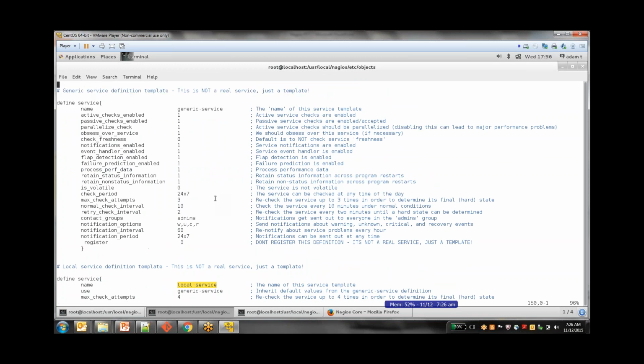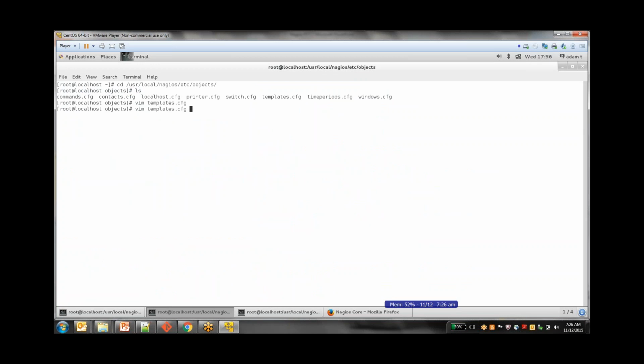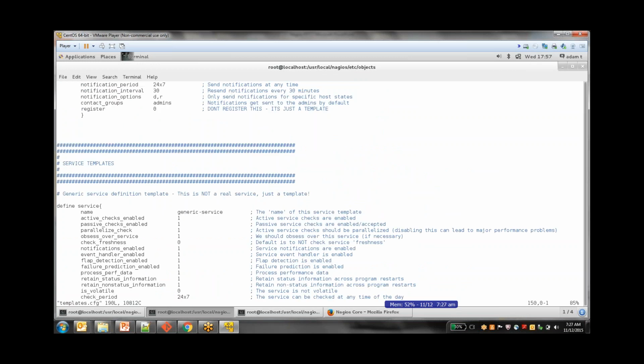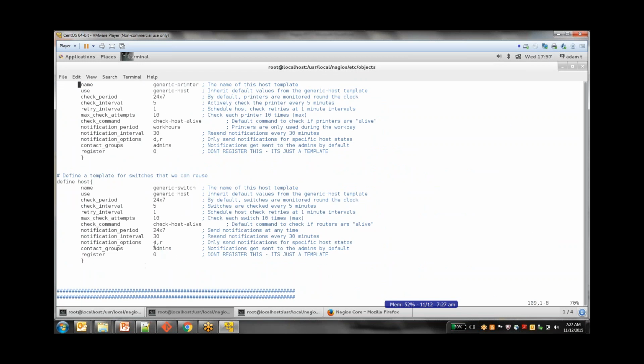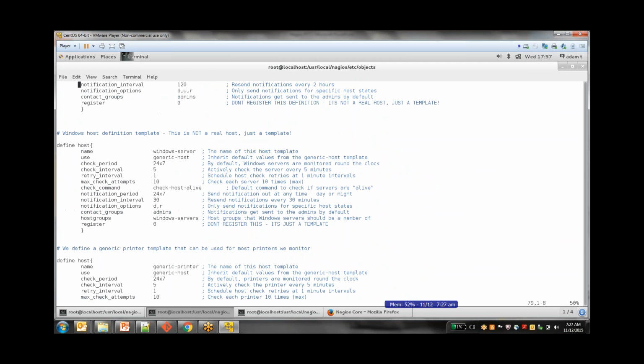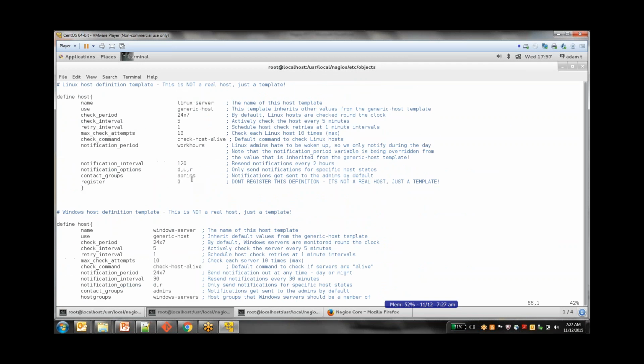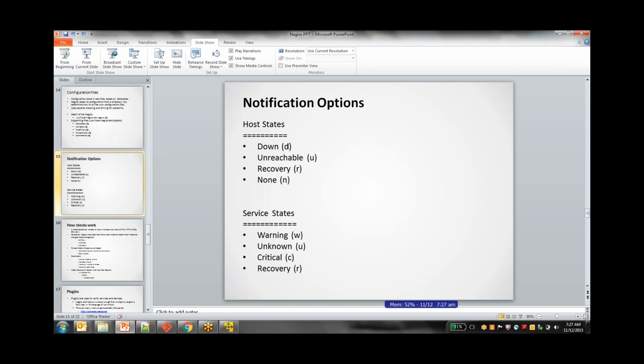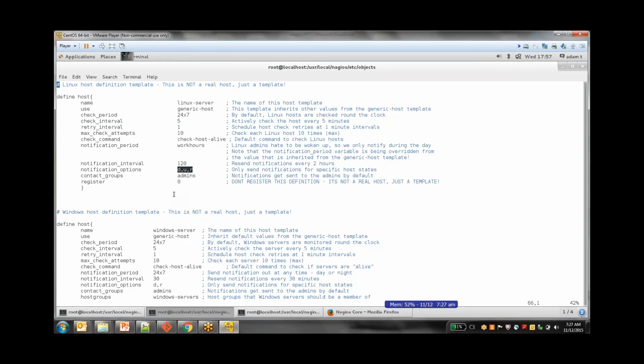Here. So, what was this file? This was actually the template that we saw, right? So in the template, if you had seen here, for every time the notification options are DR, or if you go to see with something else, it'll be changing like this. It'll be UDR. That means whenever a service is running, what situations you want to represent them. So that is when it is down or it is unreachable and it is recovery. So like that, any changes that you want to do, you can modify in the templates,